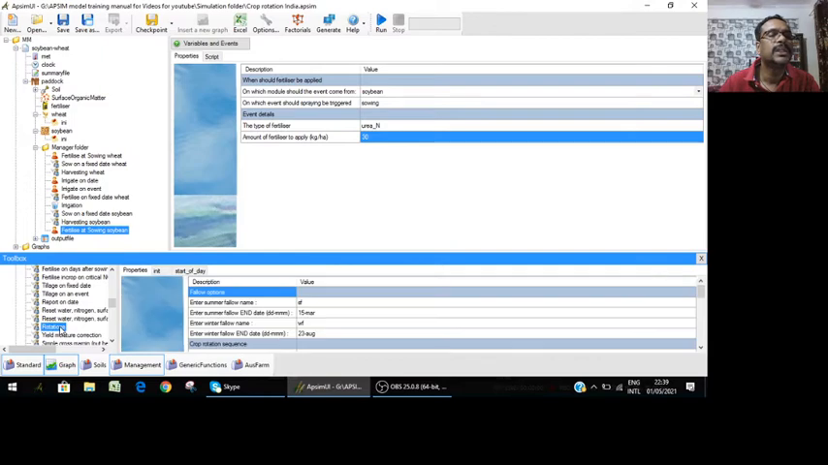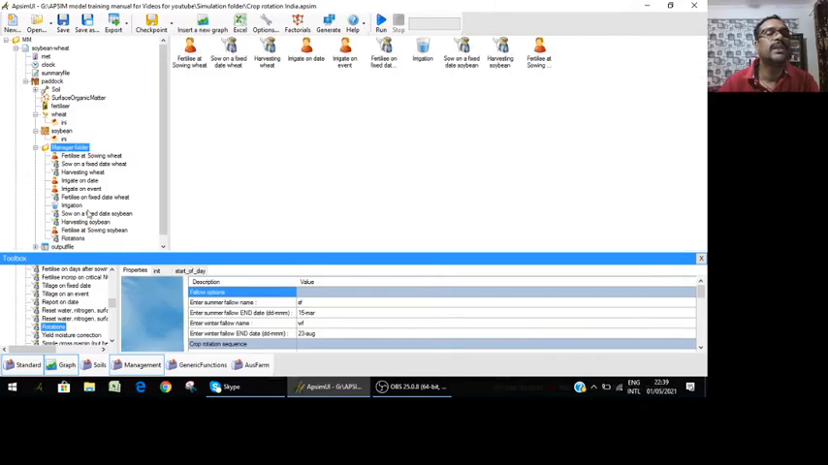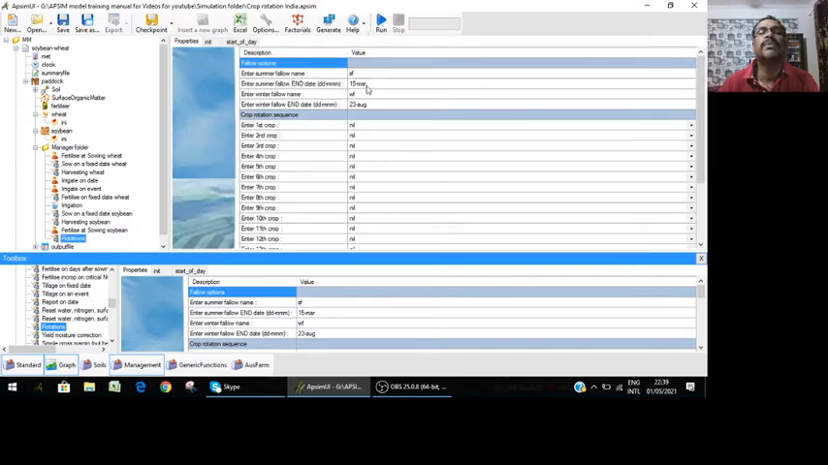So you got rotation here, bring it and drop it in the folder. In rotation there will be two things you have to remember. One is summer fallow, one is winter fallow. For us, the end of summer fallow I kept for October, because we expect that our soybean crop is harvested